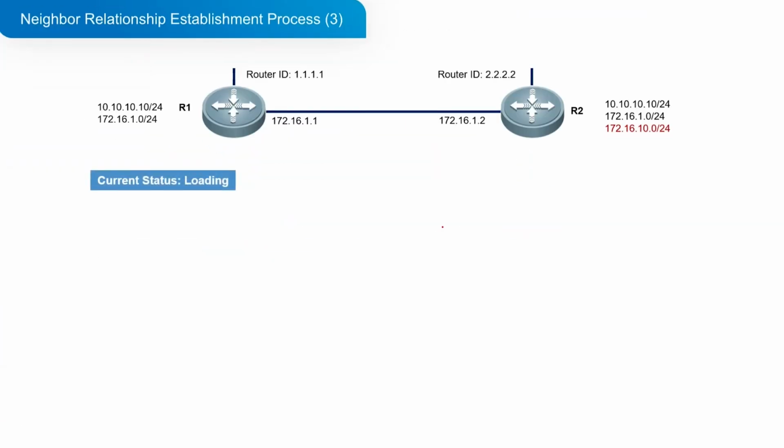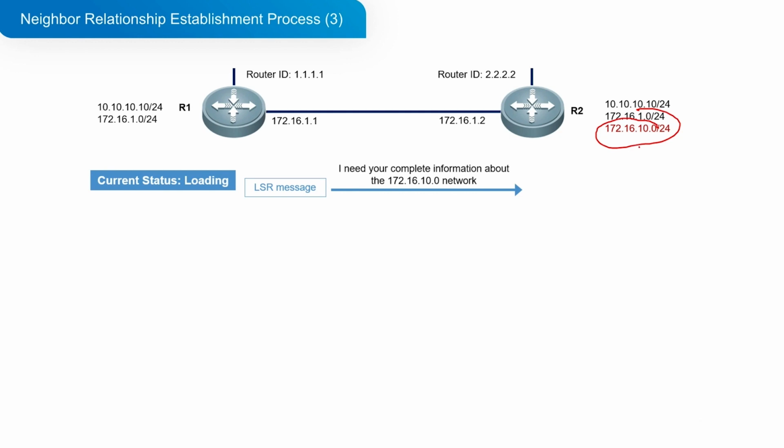And now we can see when R1 received the DBD message, R1 finds that it has 10.10.10.10 and 172.16.1.0, but it doesn't have 172.16.10.0. I find I don't have this segment, so I want this segment. How to